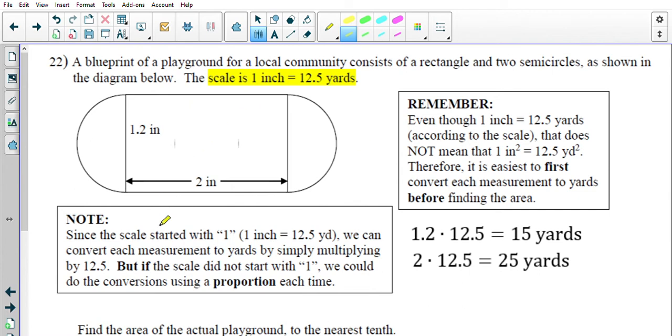Also note that since the scale started with 1 inch equals 12.5 yards, we can convert each measurement to yards by simply multiplying by 12.5. I know we mentioned that before. But if the scale did not start with one, one option we have would be to do the conversions using a proportion each time. The fortunate thing is we don't need to do that here. So we've seen this shape already, just not with scale. So first things first,